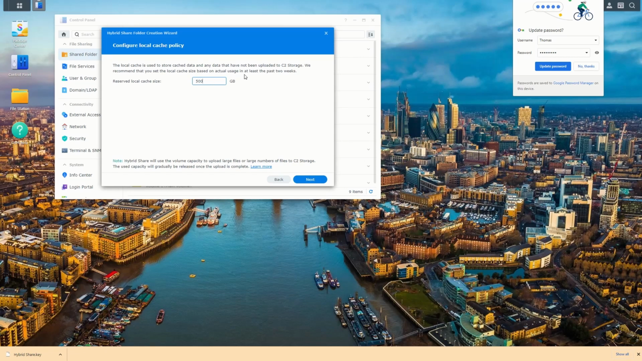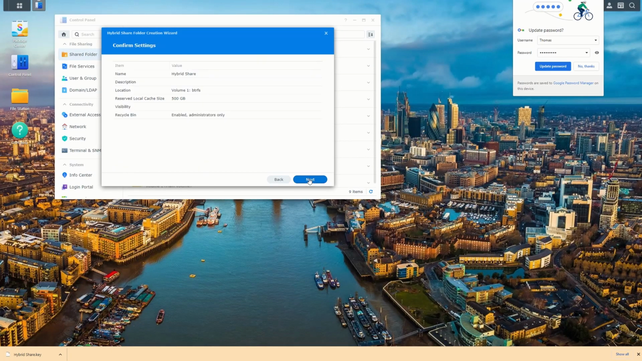We can then choose our local cache size, but keep in mind you want to size local cache to work for you for about 2 weeks of normal usage. The reason being is by sizing your local cache correctly, you can really reap the full benefits of having a hybrid cloud solution like hybrid share. Now once we finish clicking through this wizard, you're going to notice that we're now connected to our hybrid share